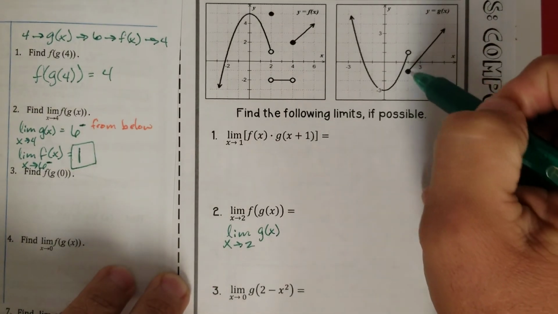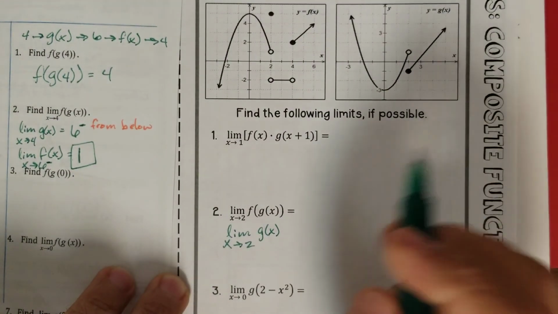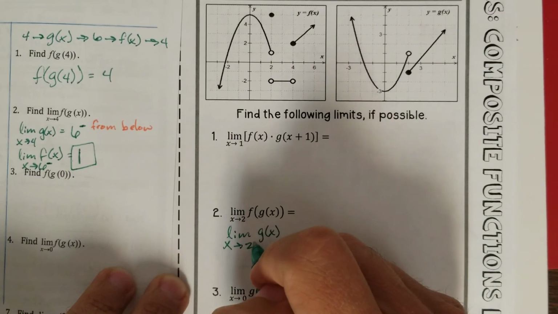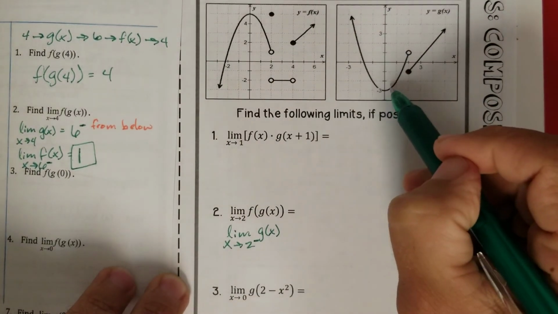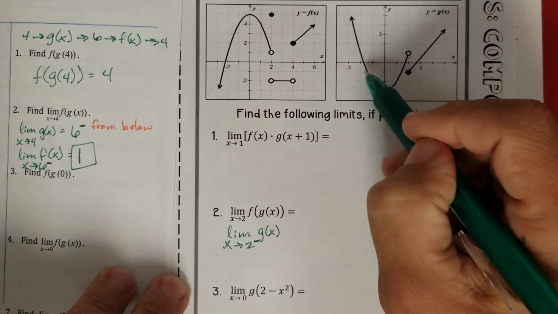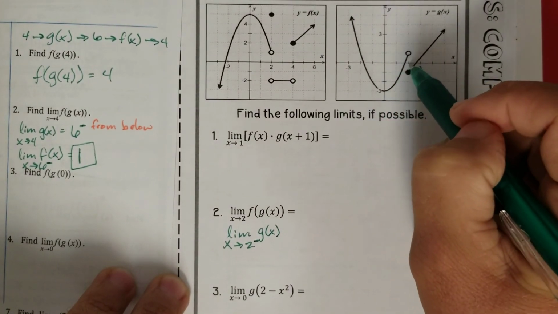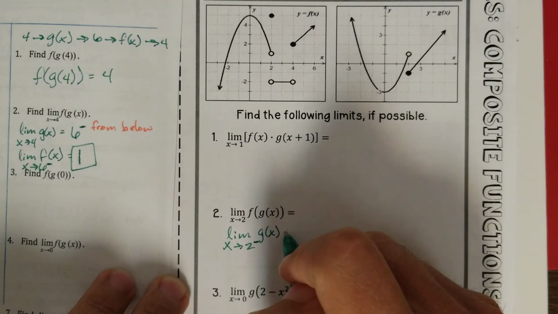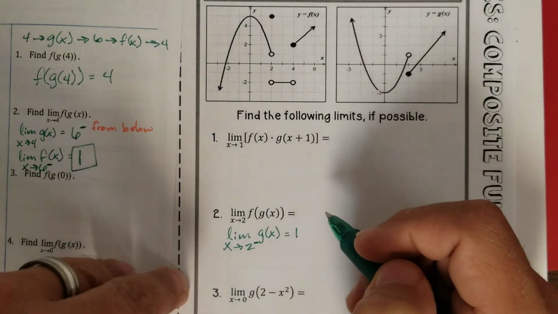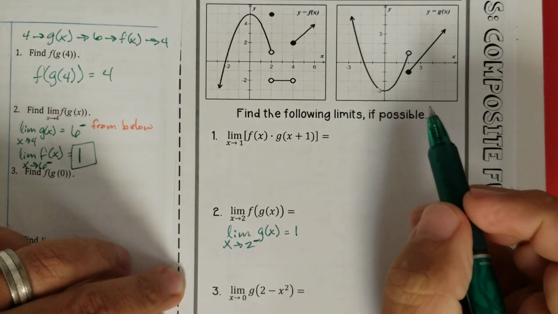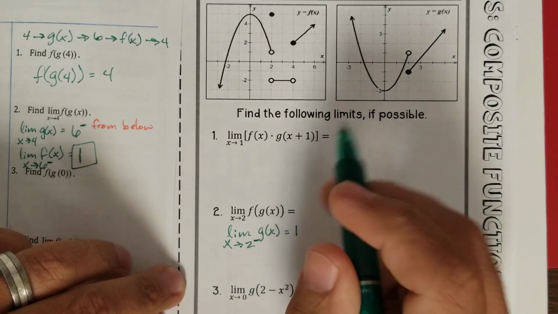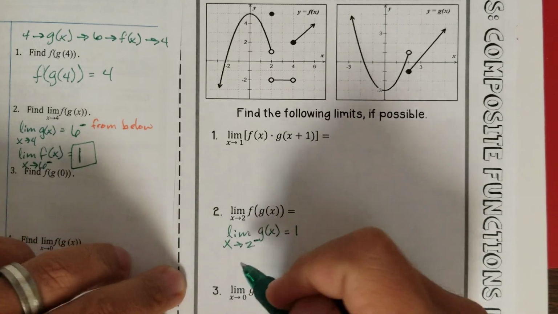So we would instantly go to one-sided limits. So let's look at it as x approaches 2 from the left. As x approaches 2 from the left, we would get 1. And then the limit